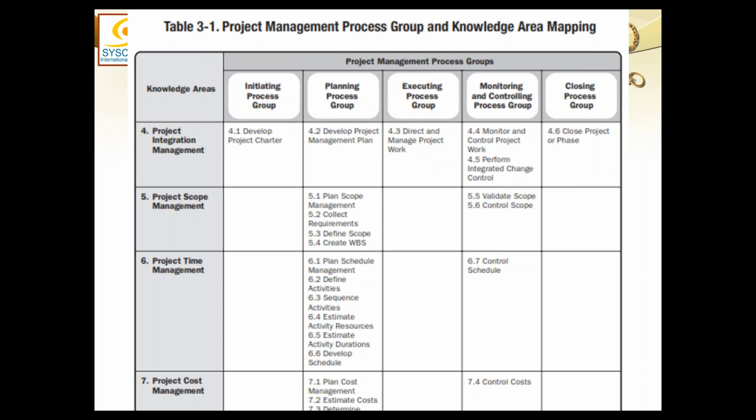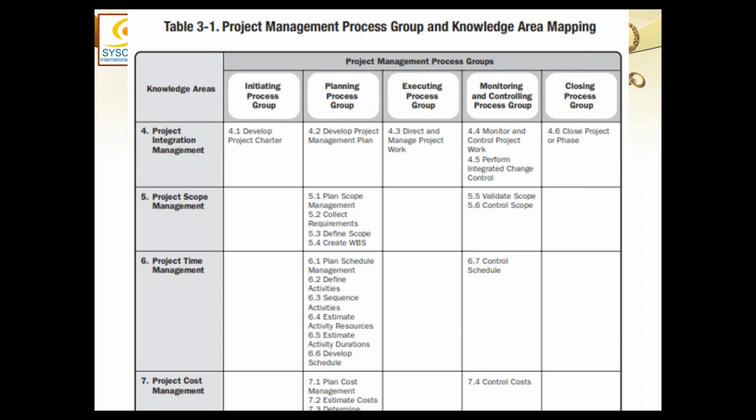How much does this difference impact the overall project? Is the impact considerable, noticeable? Do we need to fix it? And if we need to fix it, how do we fix it? If there is a need to fix it, then we can come up with a change request. So control scope will go through all this process.